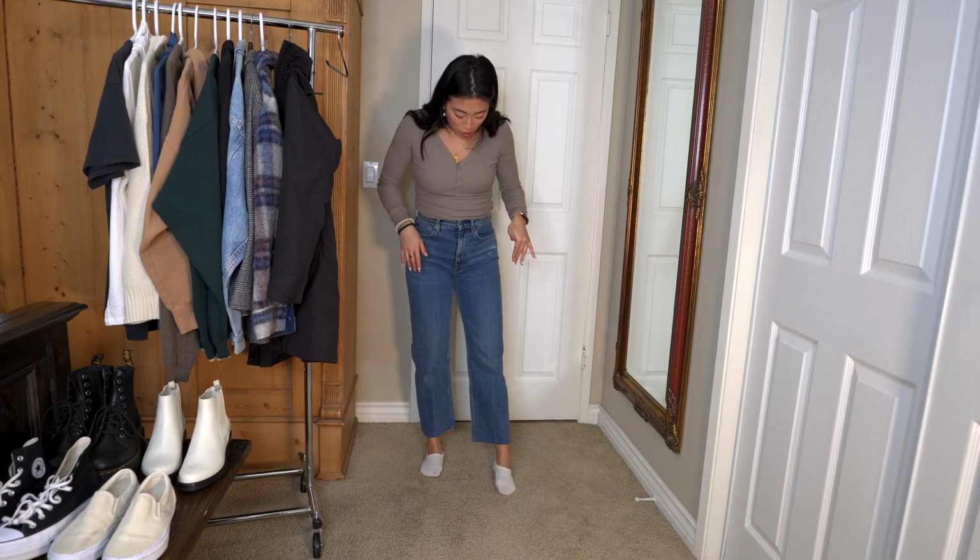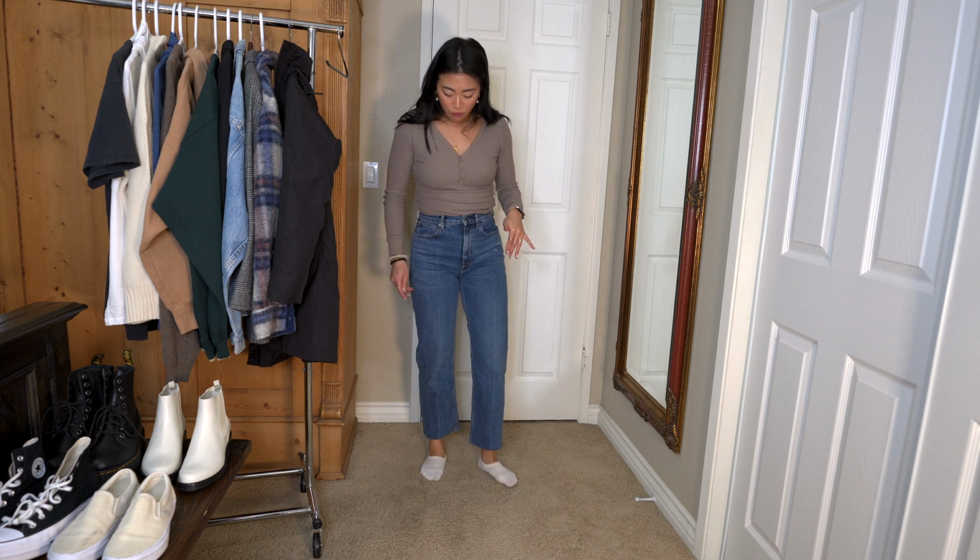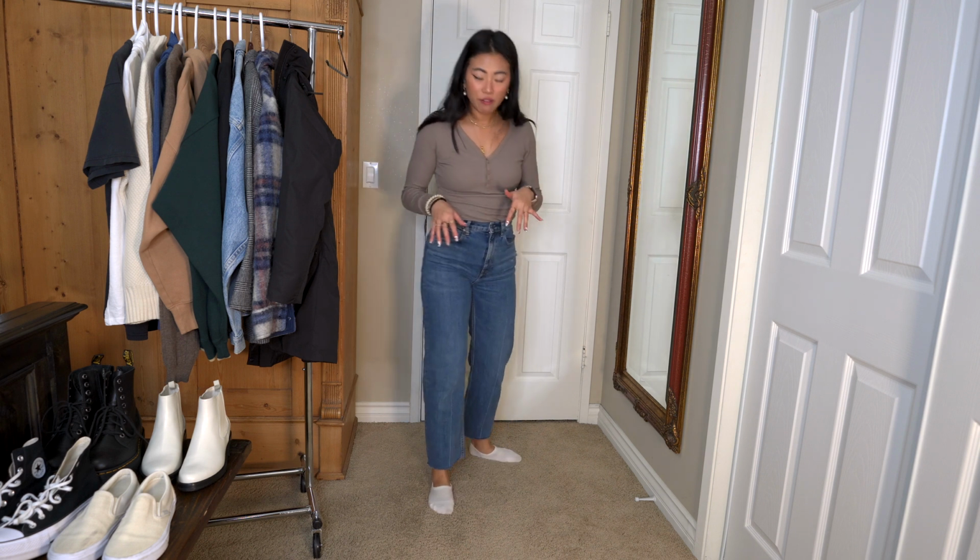these are also the 26 regular length and they fall right above my ankles, but these have...